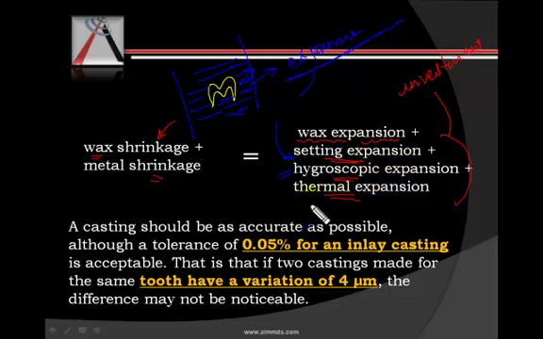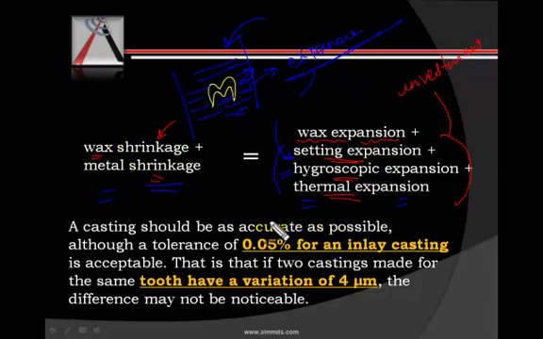Further, there is thermal expansion. During the wax burnout process and during the flowing in of the molten metal, a lot of heat is applied to the whole assembly, and that results in further thermal expansion of the investment. All these expansions compensate for the shrinkage of the metal that happens during cooling. So basically during the whole process, the left side is balanced by the right side. Ultimately, what is desirable is the least dimensional change as we move from the wax pattern to the metal casting.